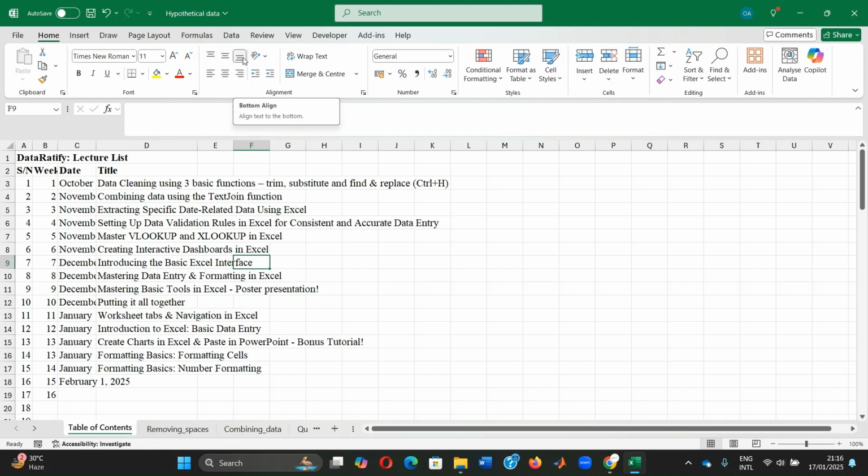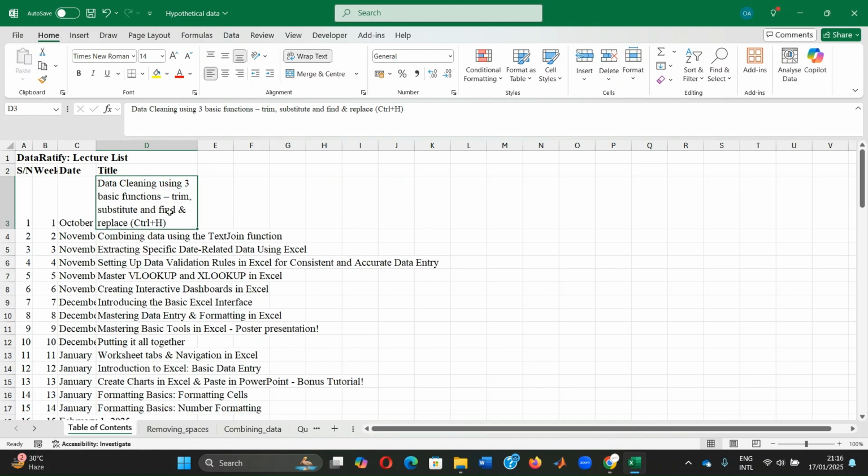spaced within the cell. If you have long text that doesn't fit into the cell, as we have under the list, under the title here, what you can do is to use the wrap text option. So you click on the cell and you see wrap text. What this does is that it automatically breaks the text into multiple lines within the cell, preventing it from spilling